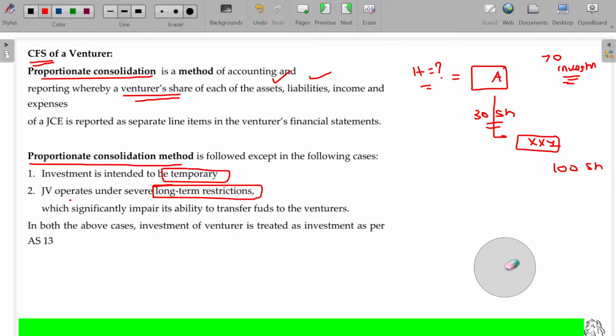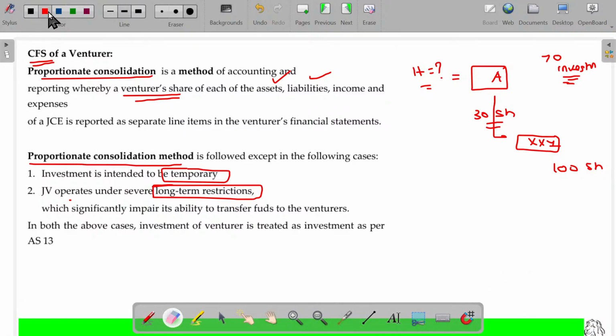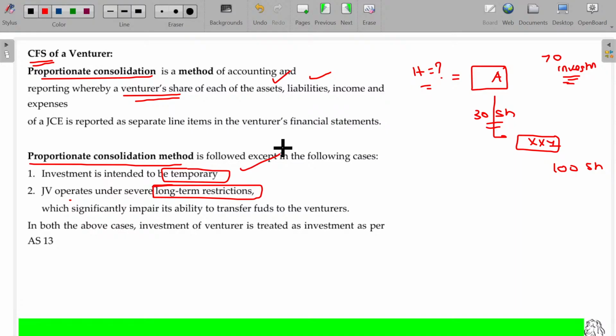Though I may hold 70 percent, I will not be considered a holding company, because maybe this holding is for a temporary reason. Sometimes later I may close all the 70 percent. My intention is not to control. Similarly, I hold 70 percent. I thought to sell, but because of some restrictions, this company's shares are blocked from being traded on the stock exchange. So I cannot sell. What can I do? I am retaining this without the intention of controlling it. Then also it will be considered not a holding company status.